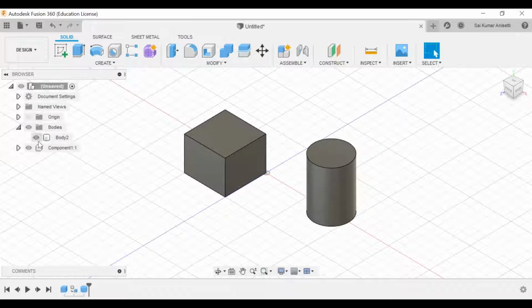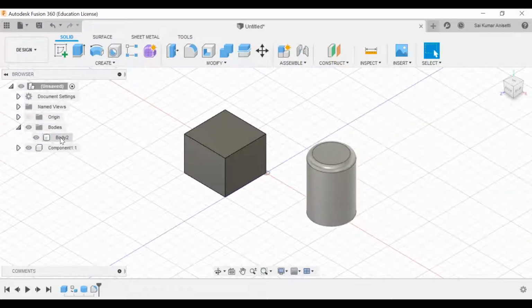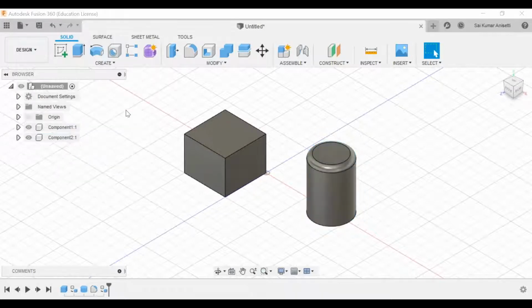Click OK. Now see, this cube is component 1:1. That is component number 1. Now whatever I create is going to become a body. Now I will create a fillet over here on this particular body. I'll take this edge and I'll go with 5 mm or so and click OK. Now this is my final body. Now I'll turn that body into a component with create components from bodies. Now I'm creating component 2. Okay, now these are separate individual parts. This is component number 1, this is component number 2.